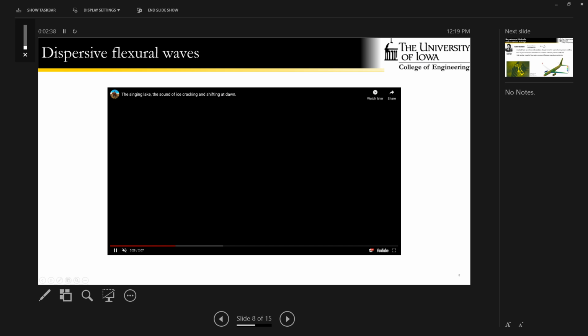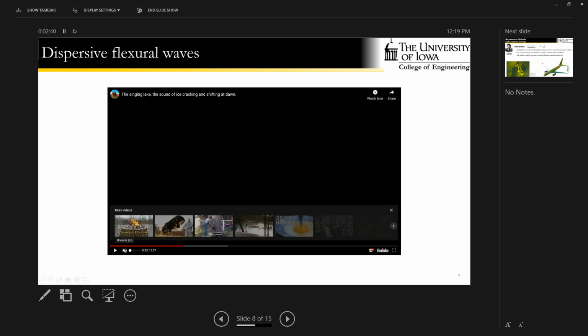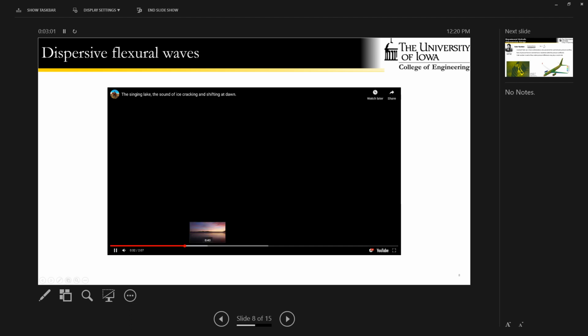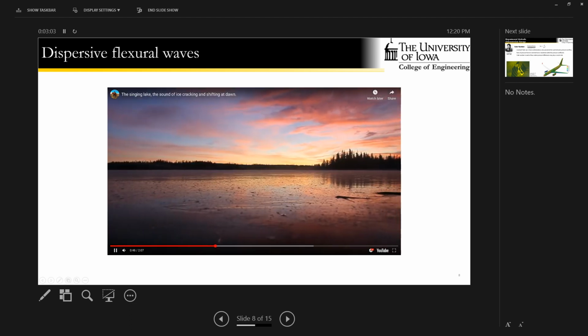How many of you have heard, any cross-country skiers in the room, or ice skaters, or hockey players, or any of you ever been out on a frozen lake and heard those Star Wars blaster sounds that occur when ice cracks? That basically occurs, and you can show the relationship using dimensional analysis, but it turns out that